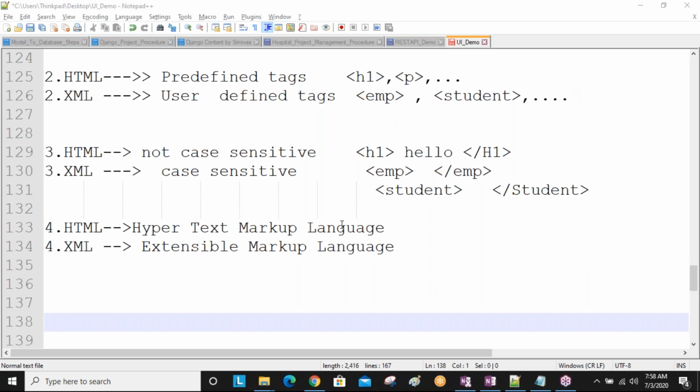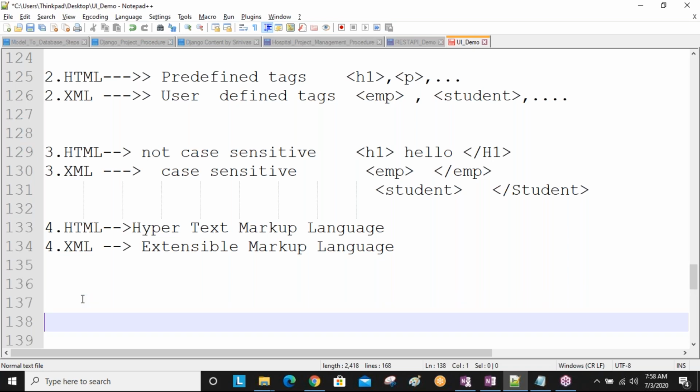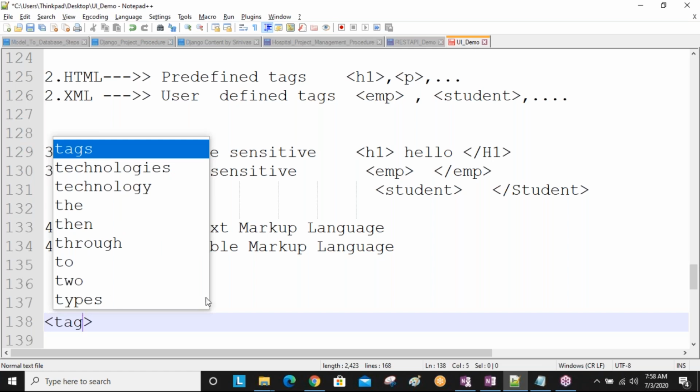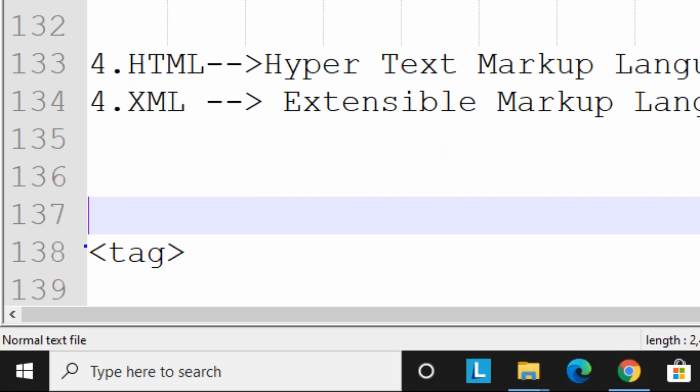So why are these both called markup languages? Any idea? So here, tag means what? Tag means you write a less than symbol and a greater than symbol, and in the middle you write something. That is what we call a tag. If you write like this, this is an open tag. How do we write an end tag?